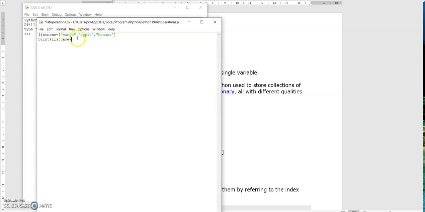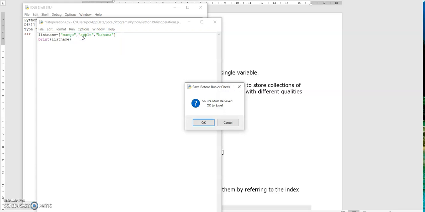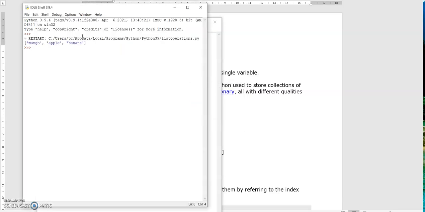These three are the data stored in list name. We need to print the list present in the list name variable. Okay, now mango, apple, banana is printed.